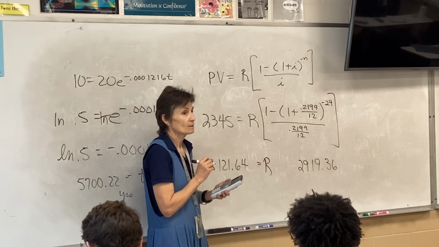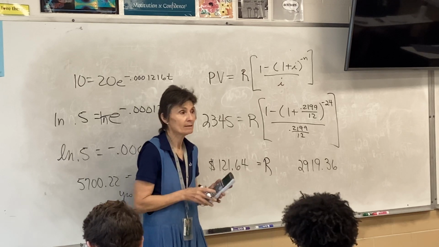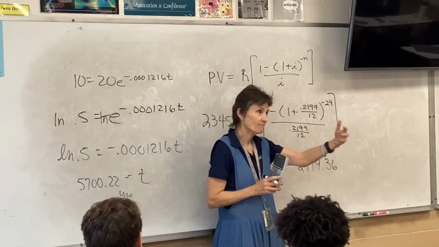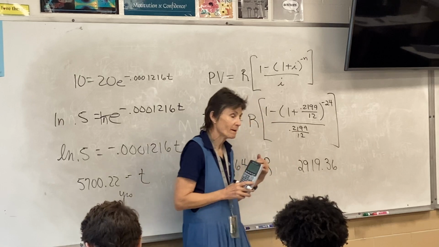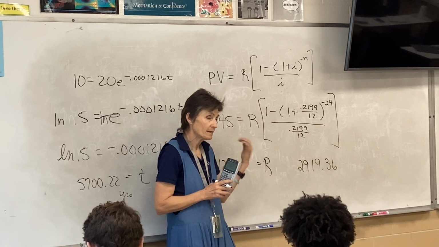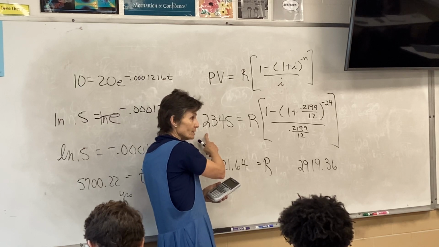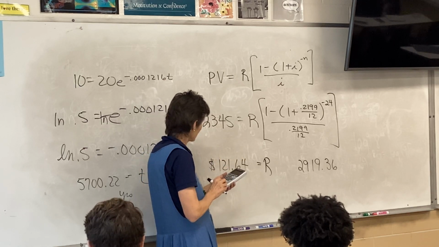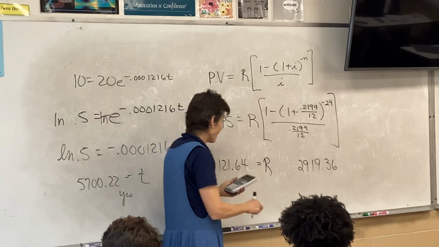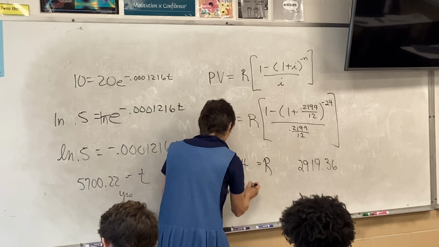Well, how much extra am I paying then? Because instead of buying the stuff outright, I charged it on my credit card and did it in payments. I only bought this much stuff. So subtract 2345, and I'm paying an extra